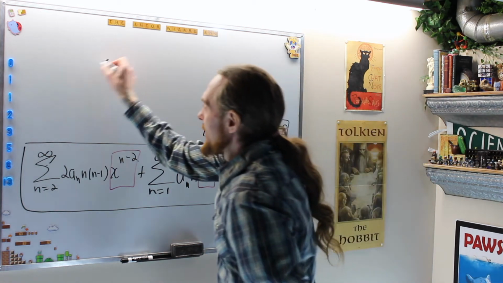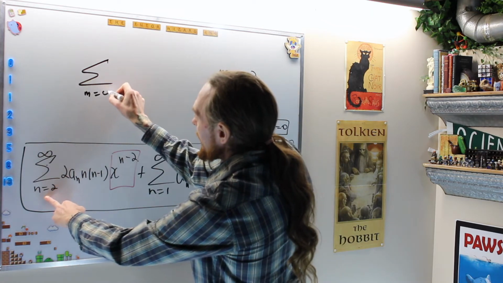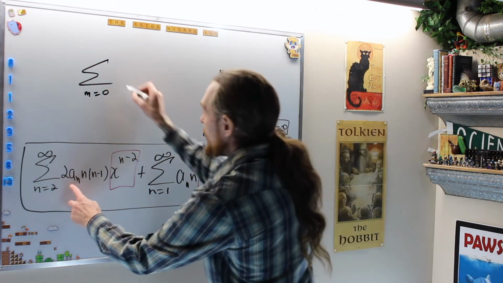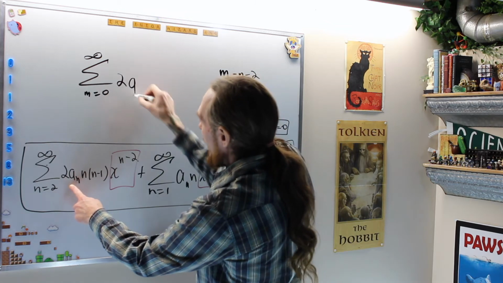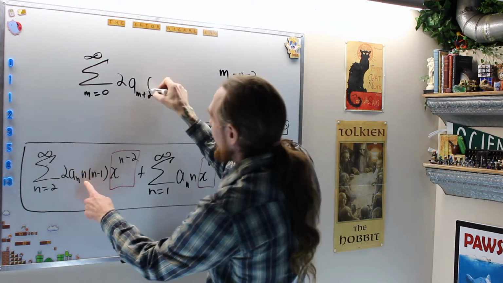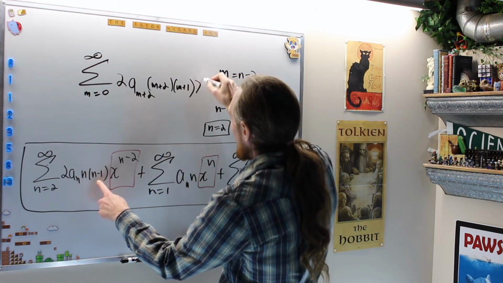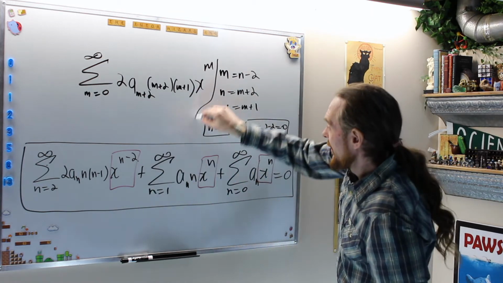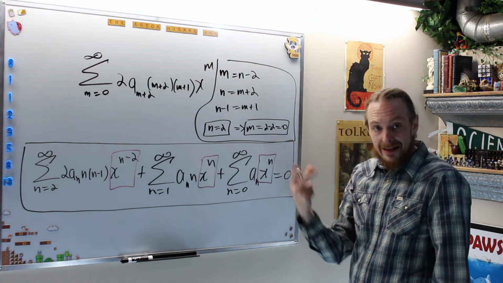So this says the sum from n equals 2 will be m equals 0 to infinity of 2 times a_{m+1} times (m+2) times (m+1) x^m. And that's what the clever indexing shift did, is now I have a power of a single exponent. I don't have any minuses in there or